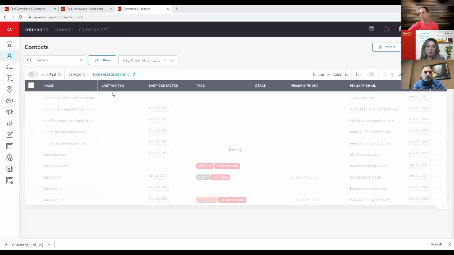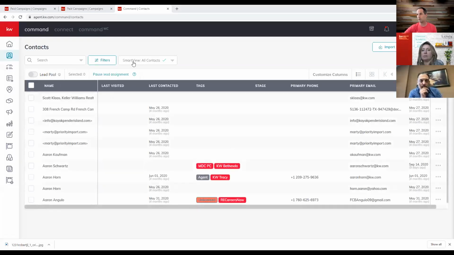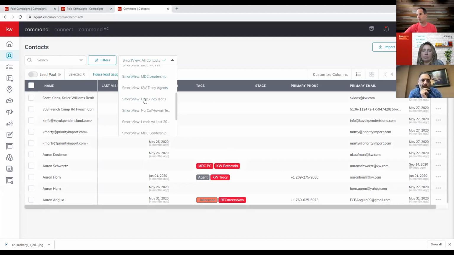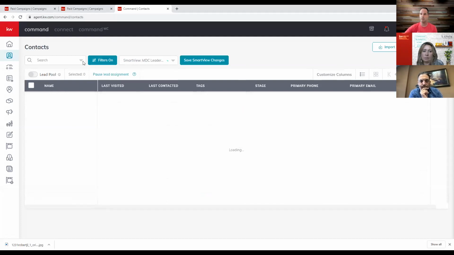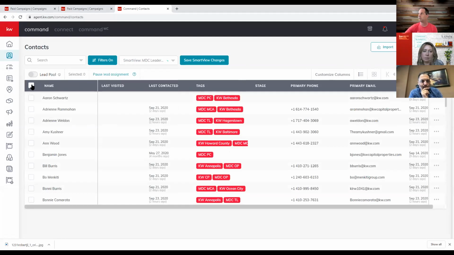Okay. And then Robert says, what if you send outside of the system and you wanted to document that in the system? Well, if you do it outside of the system, for example, I go into my contacts. Let me hit share real quick. So if I'm pulling my list from here, let's say I'm going to mail a postcard out to all the leadership for Maryland, DC. So I'm going to pull my list from here. I'm going to select 50 contacts at a time, and then I'm going to click on this,